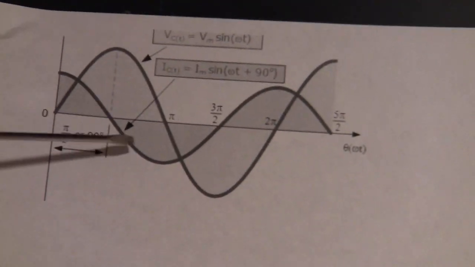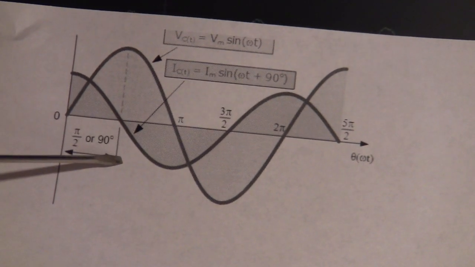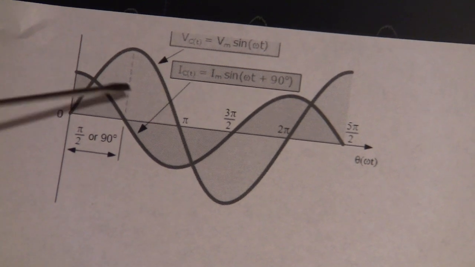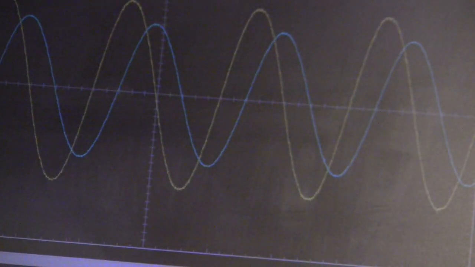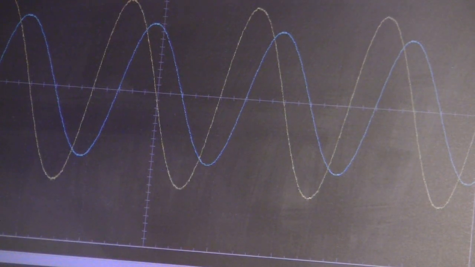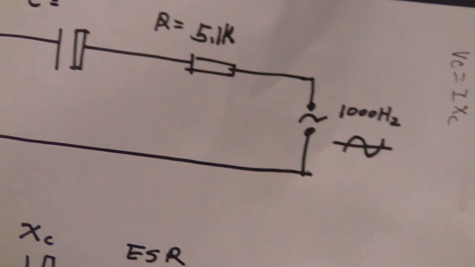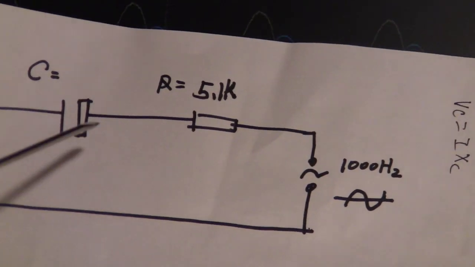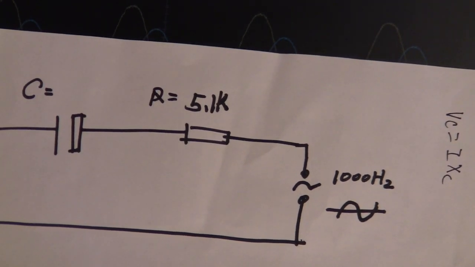This is an ideal capacitor. The current and the voltage have a 90 degree difference. And this is not an ideal capacitor. This is something like this, like this. So in this one, we have a